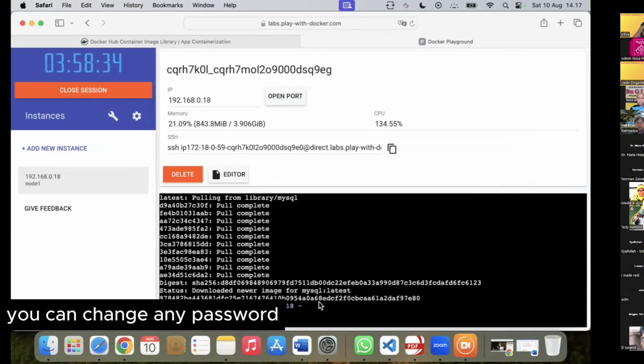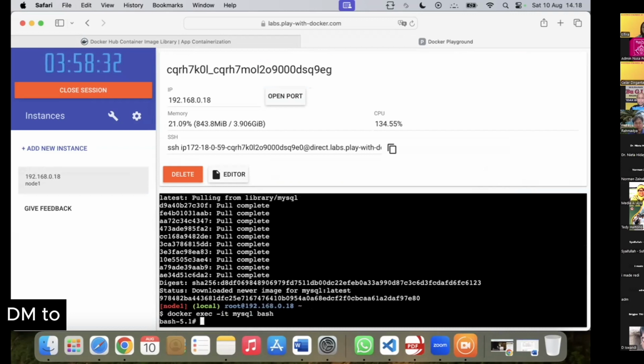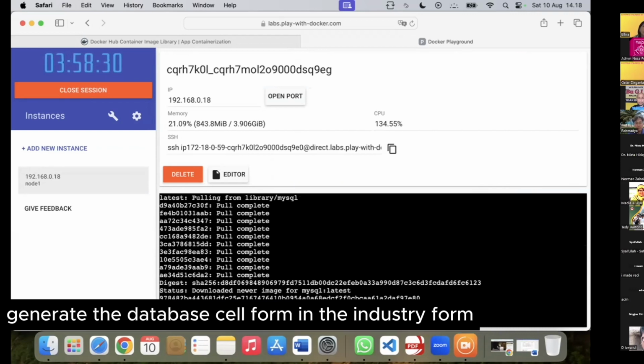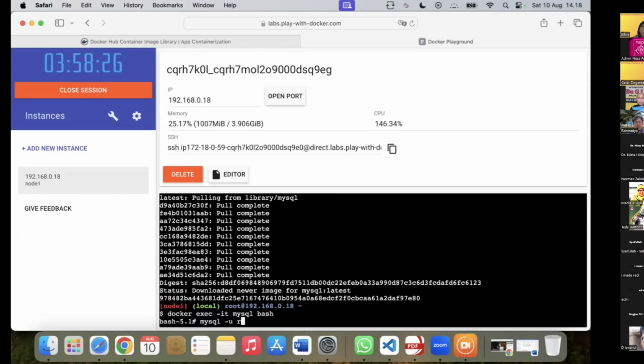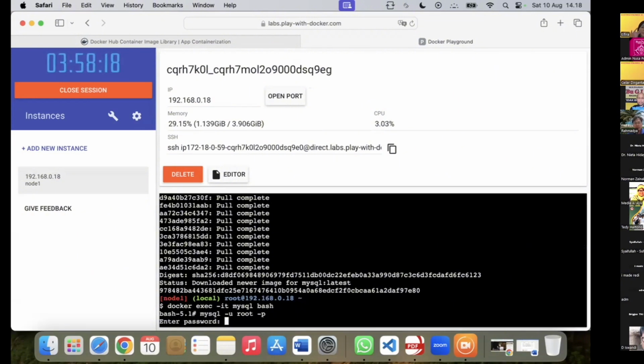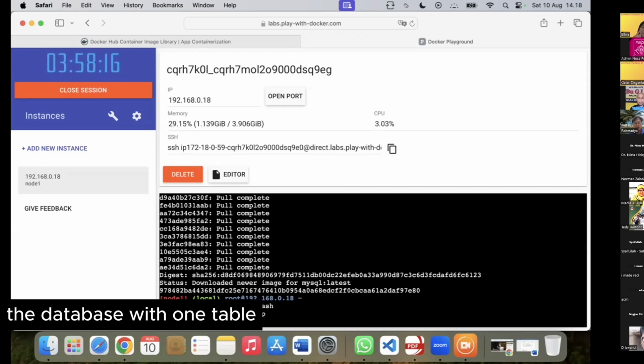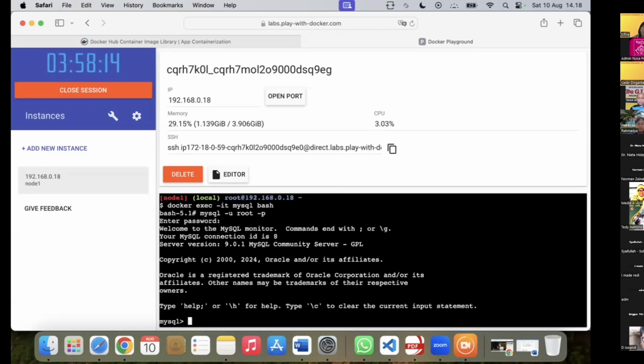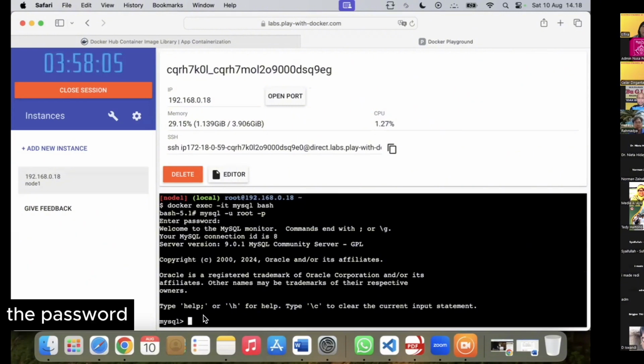You can change any password here to generate the database server, and then we create a simple database with one table, root with the password.